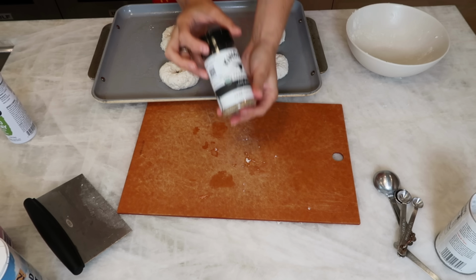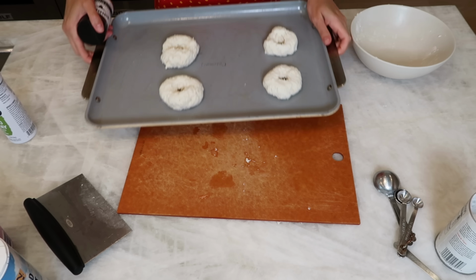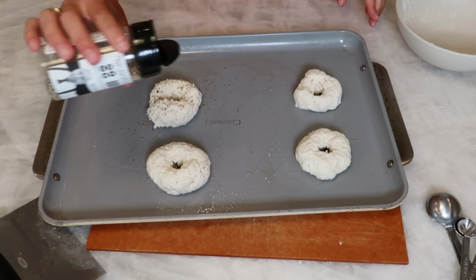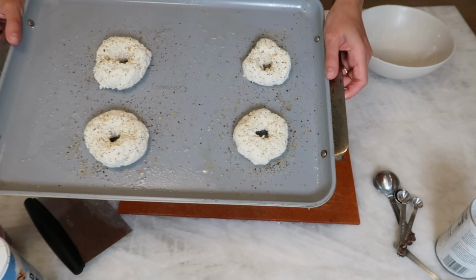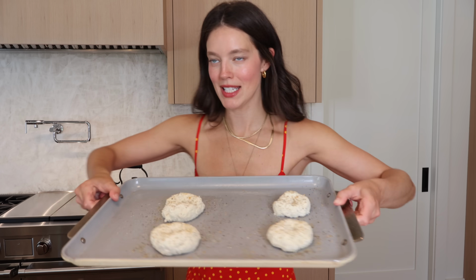Okay, last but not least, we're adding on some sort of garlic, pepper, salt blend. This is the closest thing I have to an everything bagel seasoning. So let's put this on top. Looks like a bagel to me. All right, let's put them in. Let's put them to the test. Okay, we just put them in the oven for 25 minutes. So let's let them cook, and then I will try them on camera and we will decide if they are